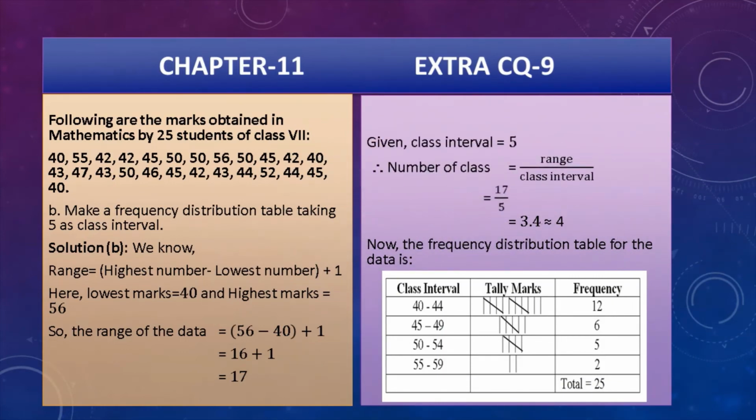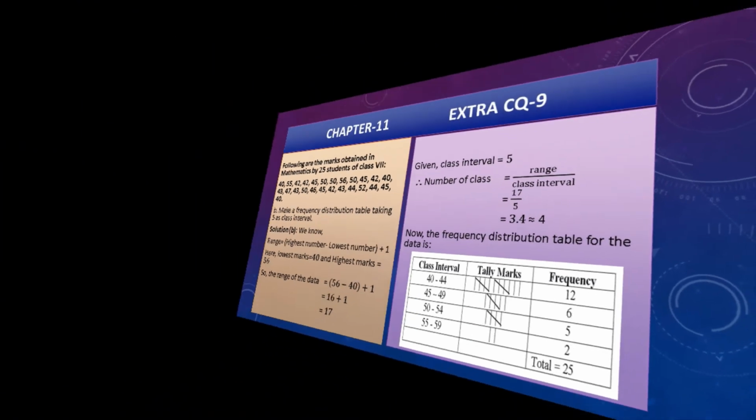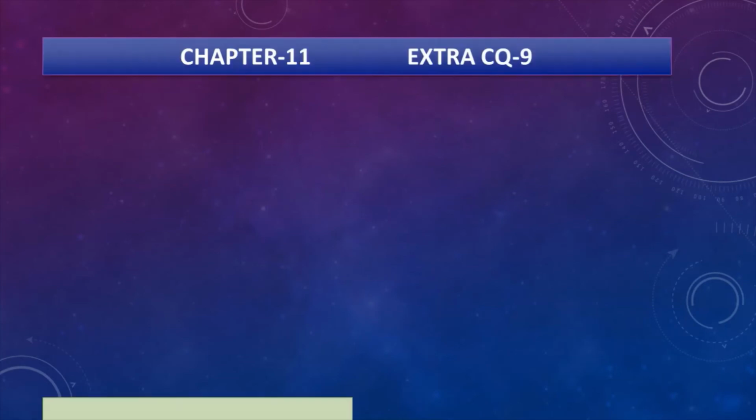Range divided by class interval, it is very important because you have to know how many class intervals you have to take. That's why. So this is the frequency distribution table, and total frequency is 25. So my dear students,